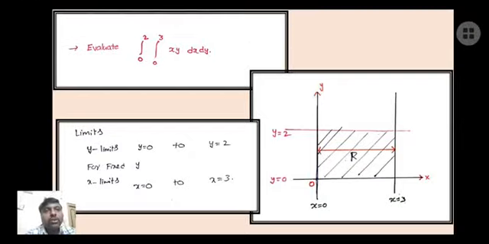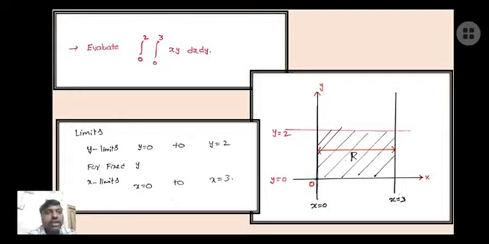So we can solve the problem based on the order given here. Here it is given in the form of dx dy. So first of all I can solve this integration with respect to x, and after that with respect to y. For this purpose I am writing the limits of both x and y here. First I am writing the y limits. y equal to 0 is the bottom of the region and y equal to 2 is the upper part of the region.